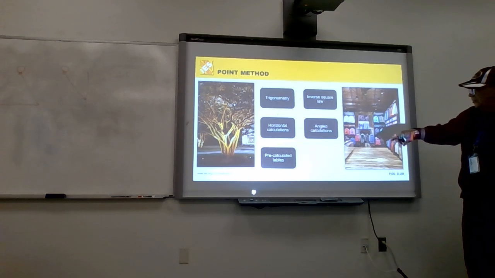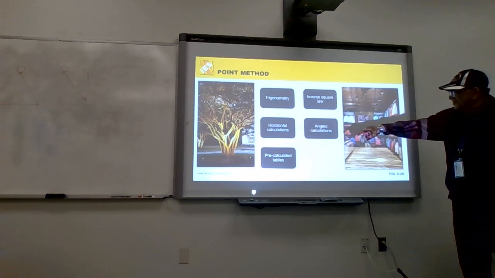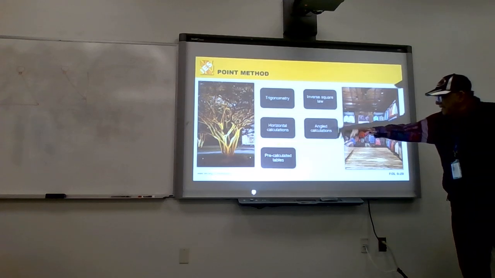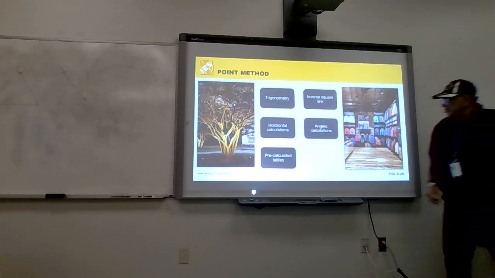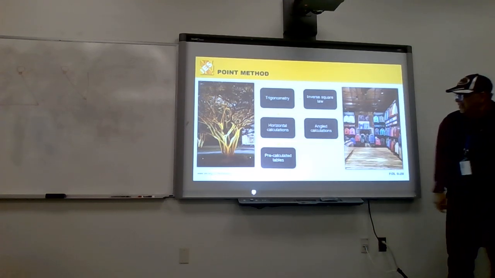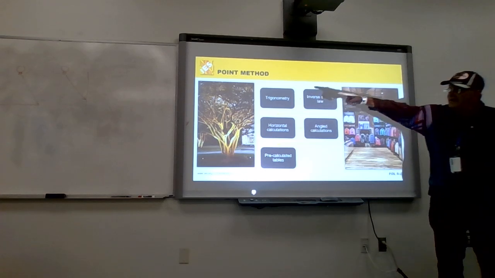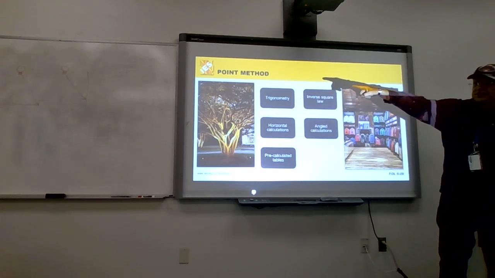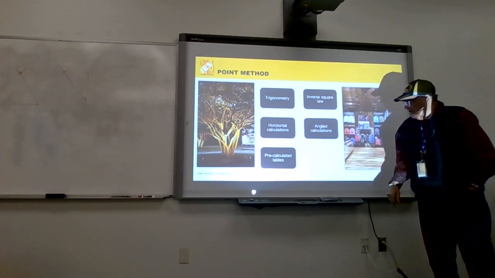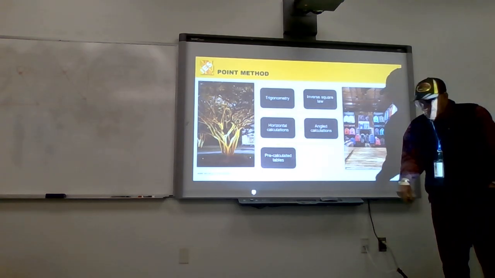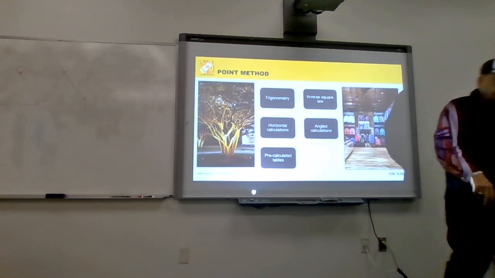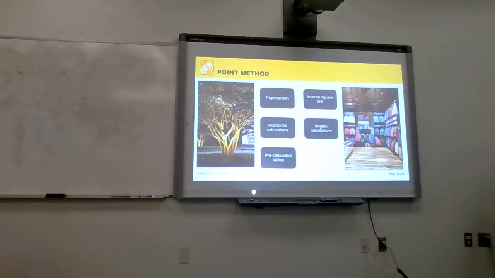So we will show you that in a second or two. We need to make horizontal calculations. We need to make angle calculations. And I've shown you on that chart there those three or pre-calculated tables. We can demonstrate that as well. But for the time being,